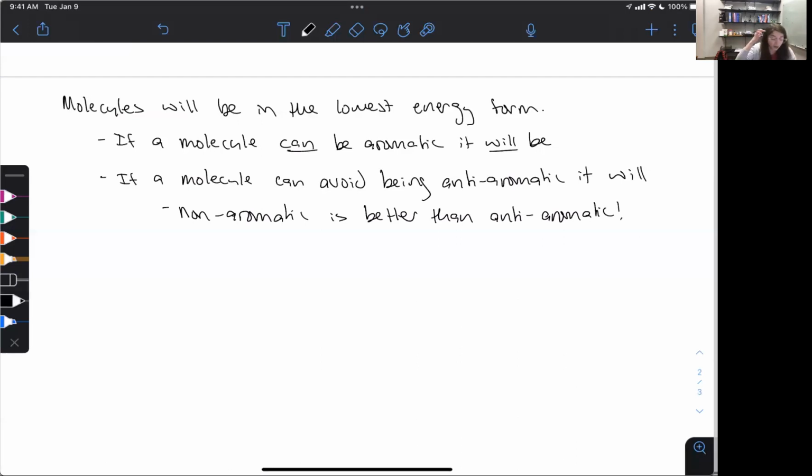Okay, we want to always keep that in our minds. So let's talk about a couple of examples of how you're going to see this stuff. Because we're pretty much going to be looking at a bunch of molecules and you'll have some practice doing this and asking yourselves, is this aromatic, non-aromatic, or anti-aromatic? And we want to be able to answer that confidently because that really dictates what type of chemistry something can do. So we want to make sure that we're good at that. So let's take a look at a couple of examples here.